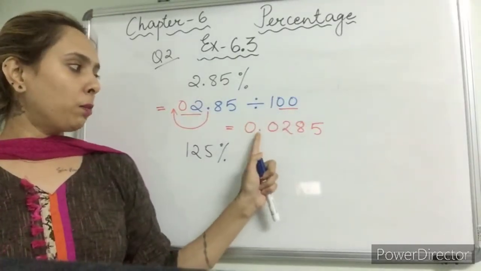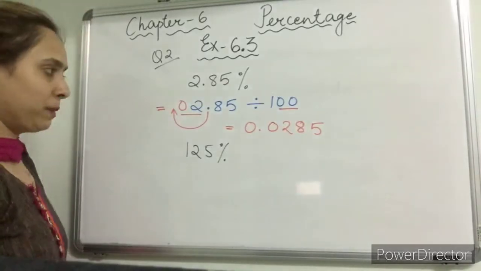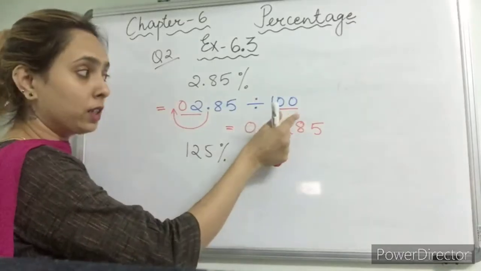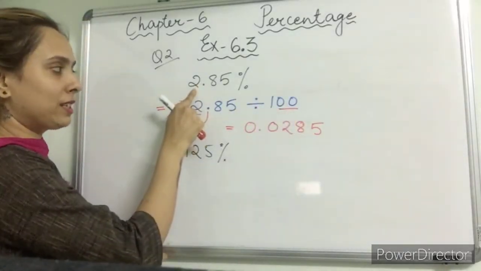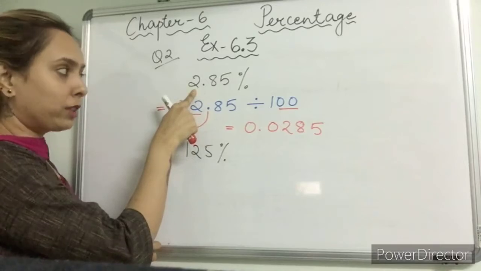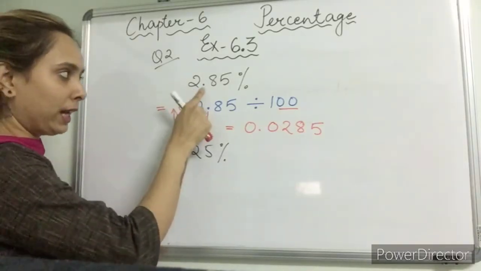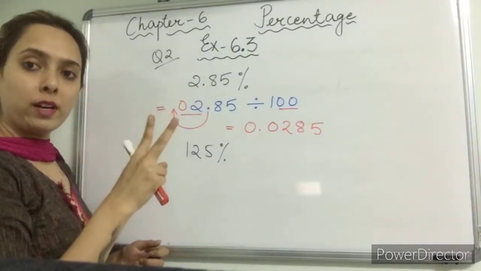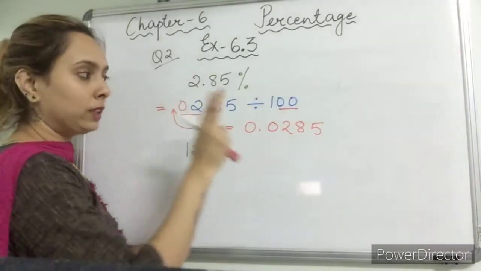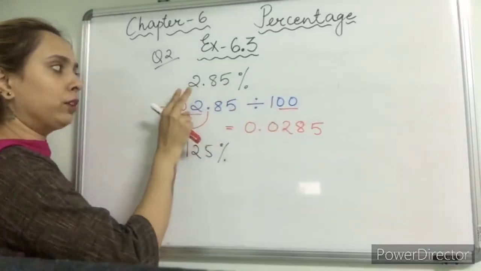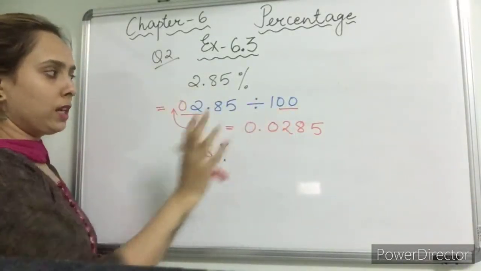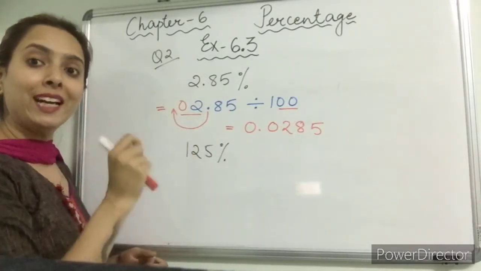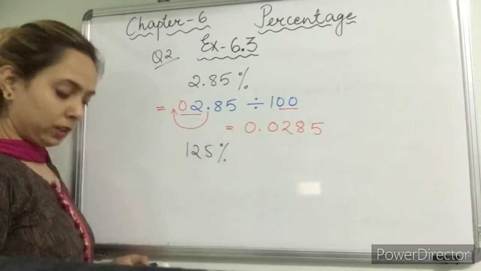The answer is 0.0285. Again I am explaining. 2.85 divided by 100, 2 zeros are there. Before this decimal we have only one number, so that is why I have taken a 0, so that I can shift this decimal towards the left side, and the condition should also be satisfied that we have 2 zeros, so now we are skipping 2 numbers. So this is the answer. You will consider this 0 also, because now this 0 has value, it is in the tens place value. That is why I have written this 0.